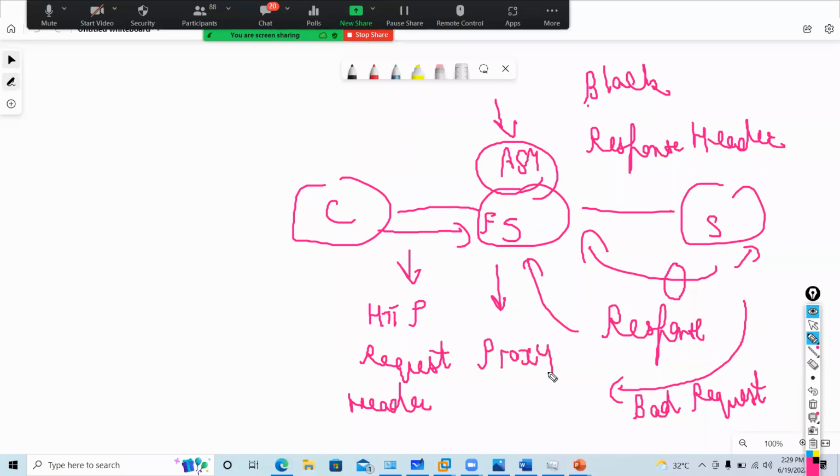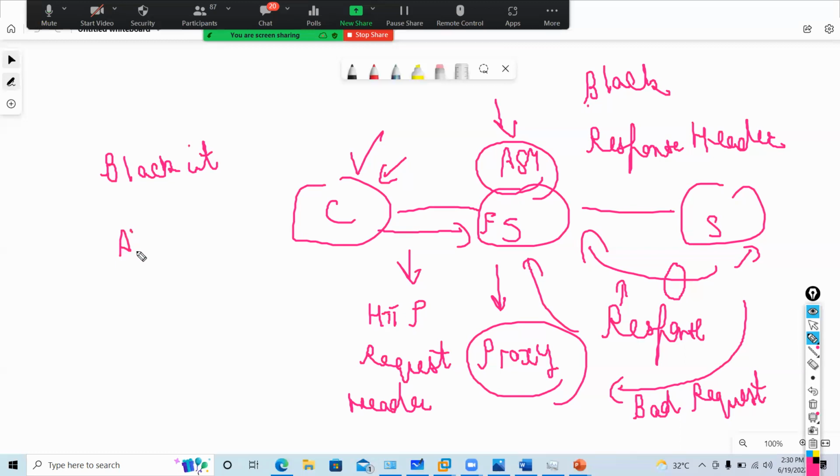It is called the full proxy model. Full proxy means it has visibility to detect this traffic and this traffic also. If it is a bad request, F5 will block it. If it is a good request, it will allow it. That is how F5 is called a WAF, Web Application Firewall.